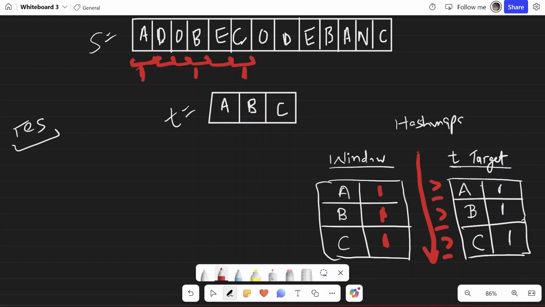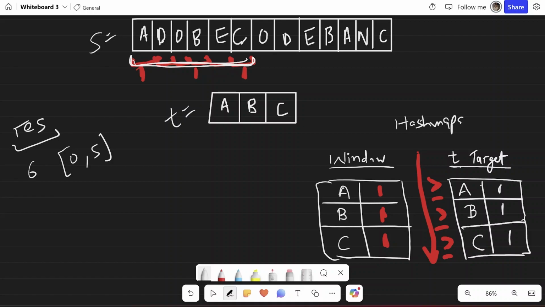And once I have all 3 letters with the frequencies satisfying this condition, greater than or equal to, that means I have a valid substring. So now what I do is calculate the length of this, which will be 6, and also find the left and right pointer. So this will be 0, 5.